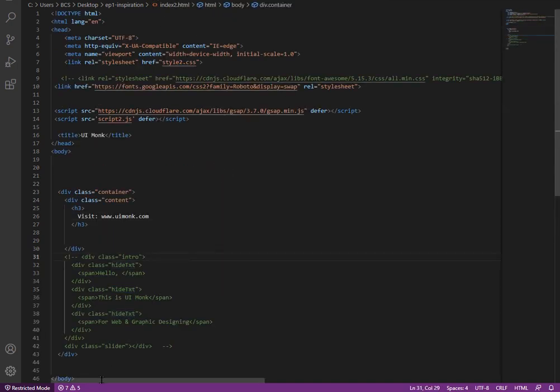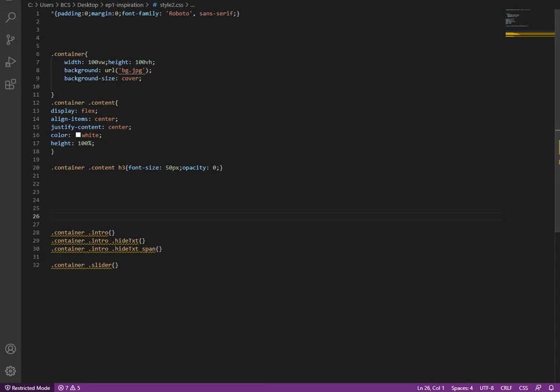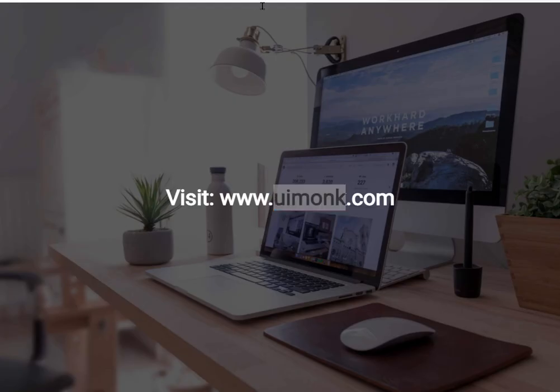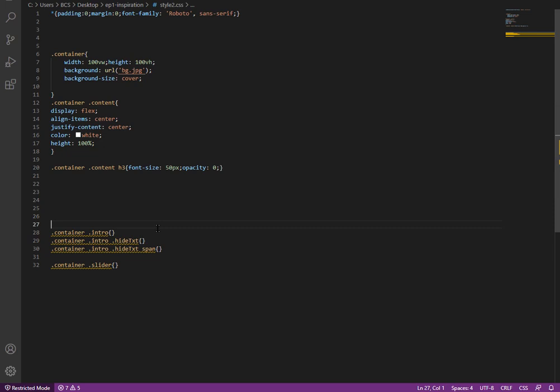For the HTML, let us unhide the intro part. Now let's see how it looks. So if you see, it is behind. So for that, now we want the intro to show up on the front of the screen.